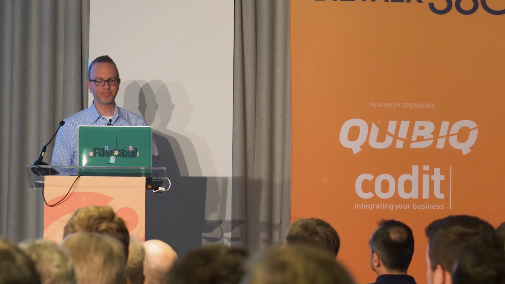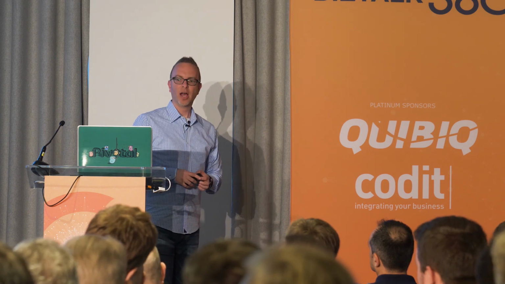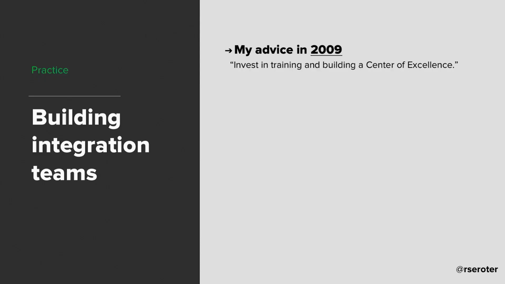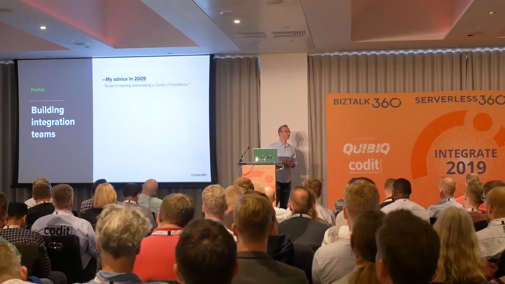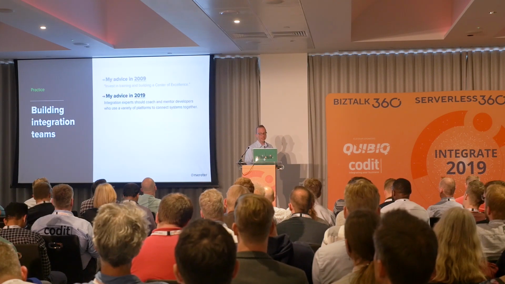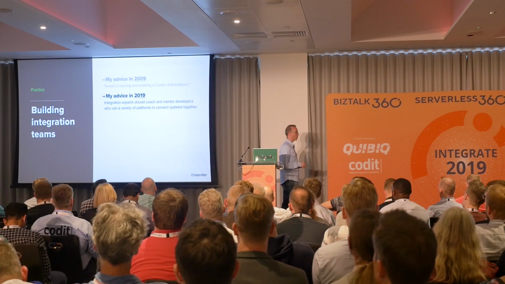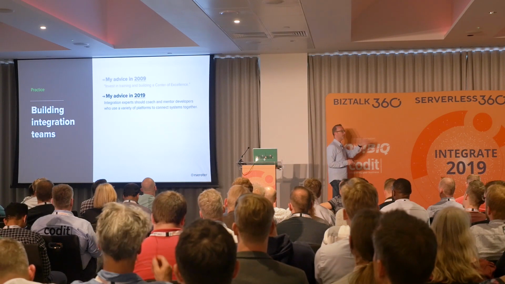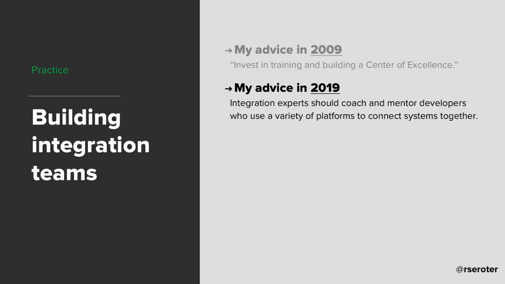Building integration teams. I think it's the last one. My advice in 2019, I quoted myself, which is maybe a very arrogant thing to do. Invest in training and build a center of excellence. All right, that's not super wrong, but I would say now, more again like the model we heard yesterday, is instead these centers of excellence are not doing all the work. That would be a mistake now. The center of excellence should be also coaching others, building more skills into the team,